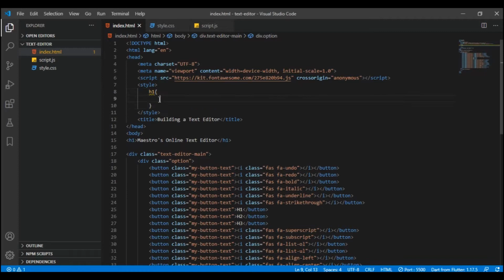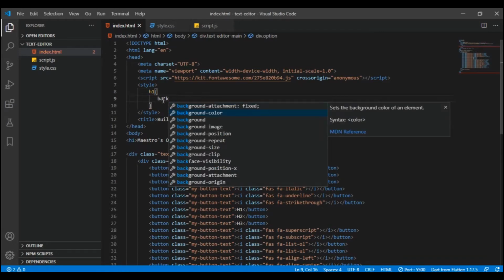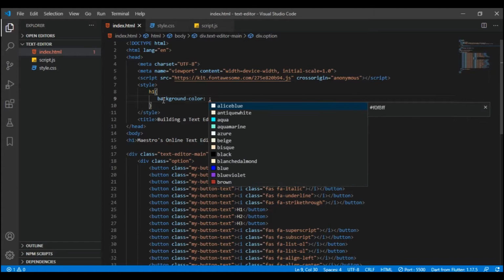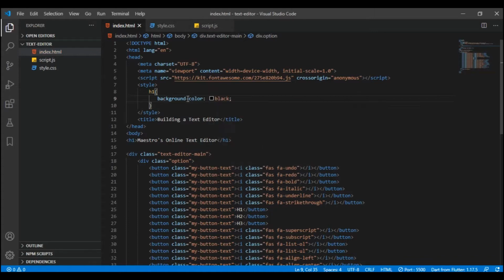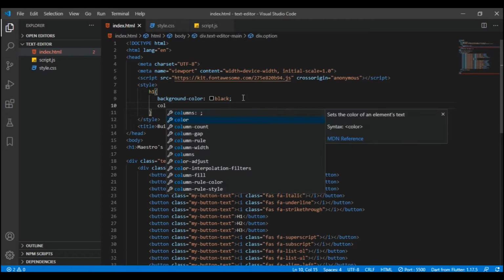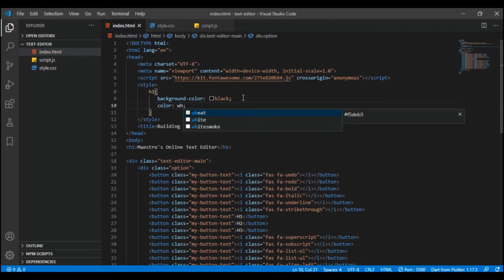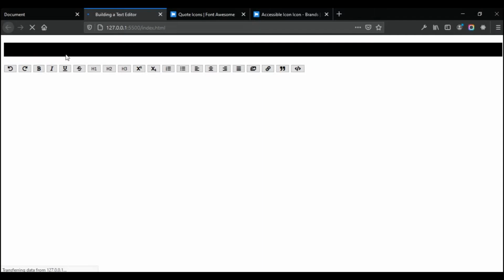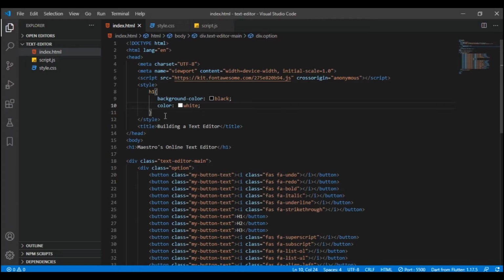Then I'm going to tell it, okay, I want the background color to be black, and then the color itself to be white. Okay, so let's check how that looks. So it basically gives us the same thing,